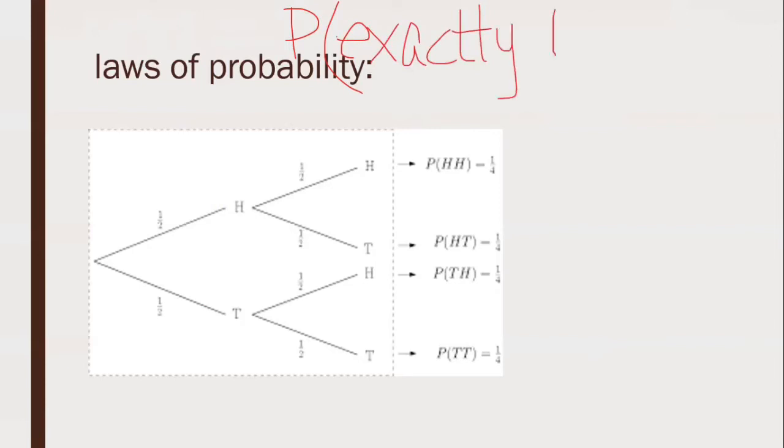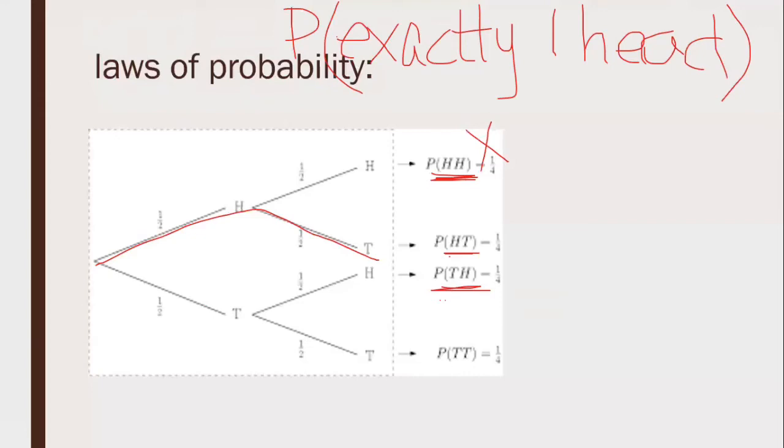exactly one. Now in this probability, we need a combination in which there is only one head. Now we can see from the tree diagram that these are the two possible outcomes in which we have only one head. When the word exactly is used, then we cannot consider this one because this has two heads and we only need one head. So when we have two possible outcomes, then in order to get exactly one head, there can be this combination or there can also be this combination. Now if you notice, I am saying or in between.